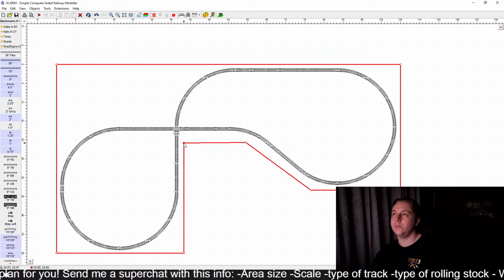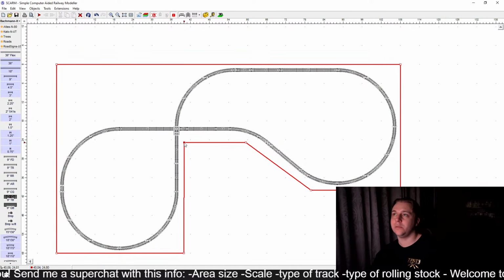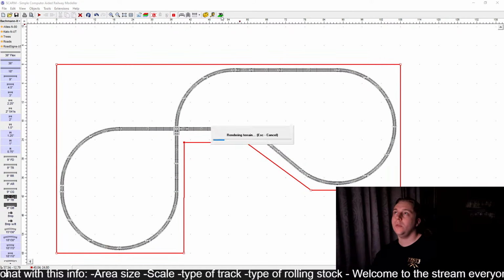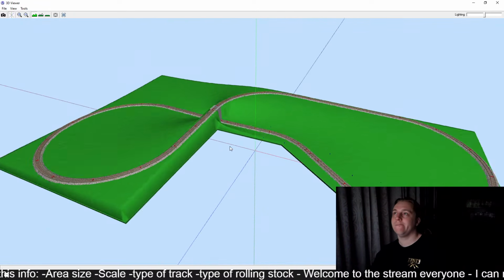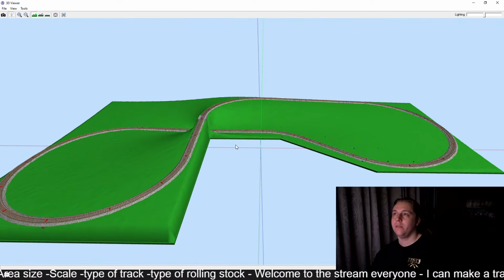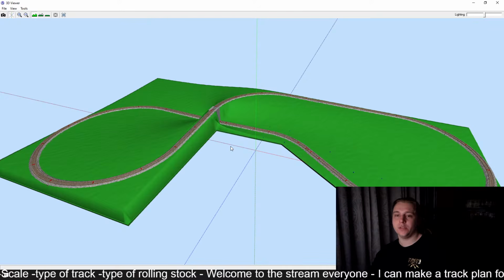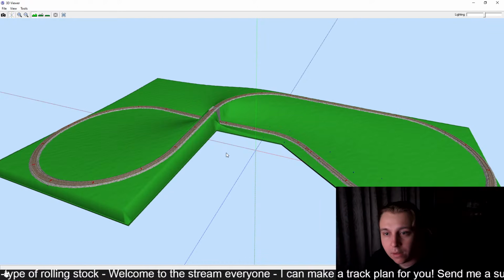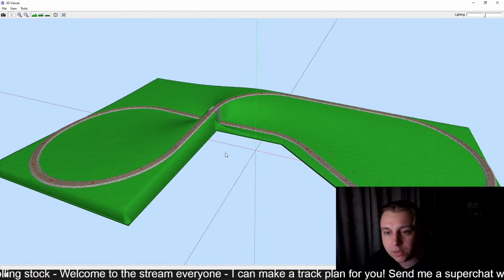So this would solve some access issues. That's for sure. Like that. It would solve some access issues. Push a track further to the back of the layout. It's a great start for someone just getting into the hobby. You can definitely add more, but